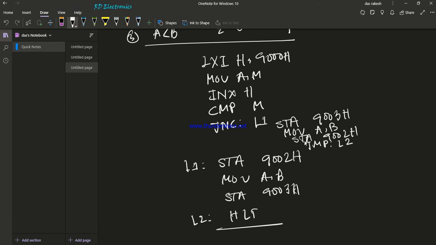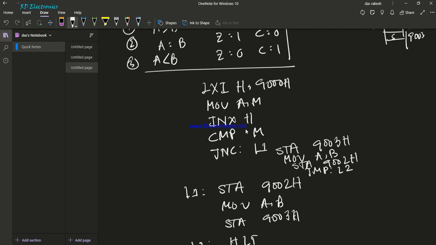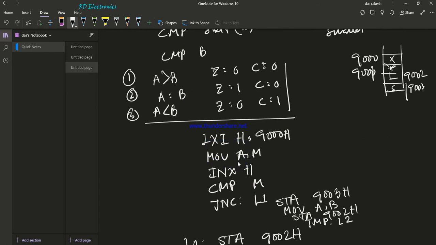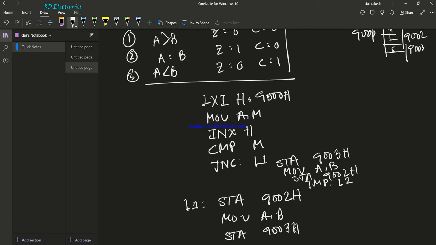So this is the unconditional jump instruction used here. Do you understand this? Yes. When there is no carry, this instruction is false. That means if a carry is generated, register B contains the larger number. So that's why here